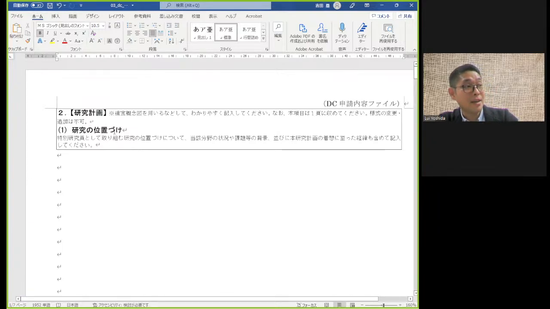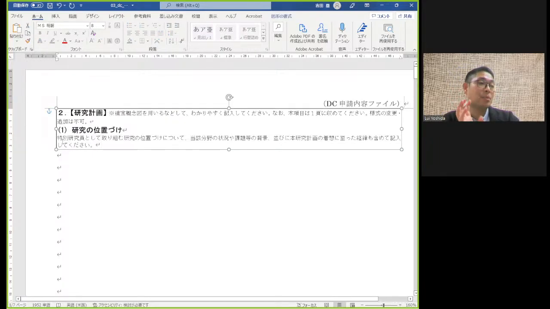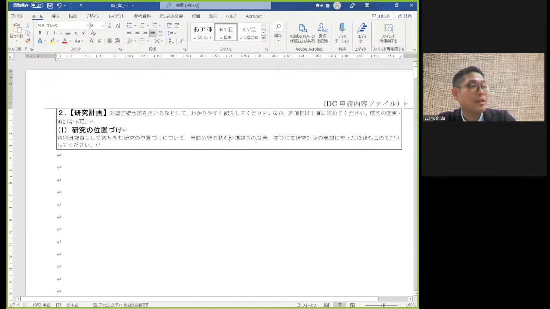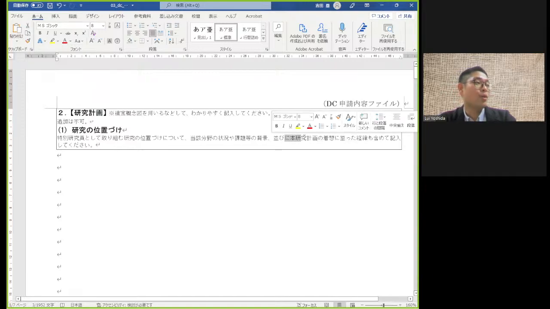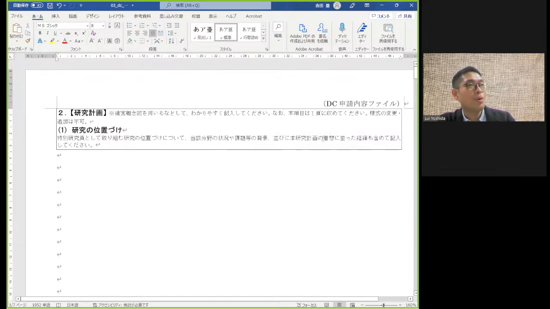And in this section, there are many clues for you to write a proposal. So, for example, write the issues or situation of your research field, and also please write your path to your research plan. So what makes you